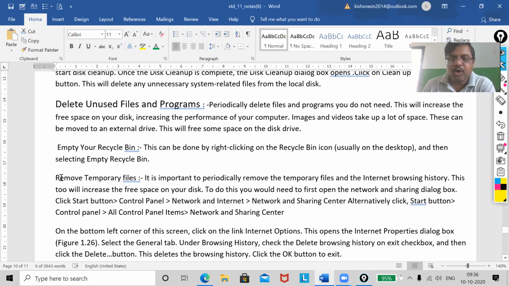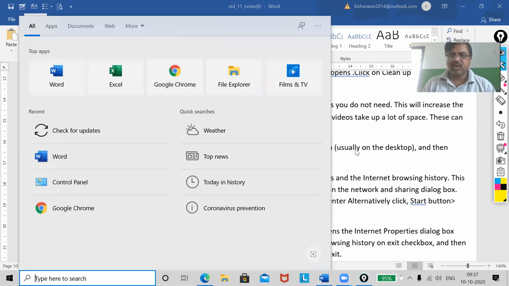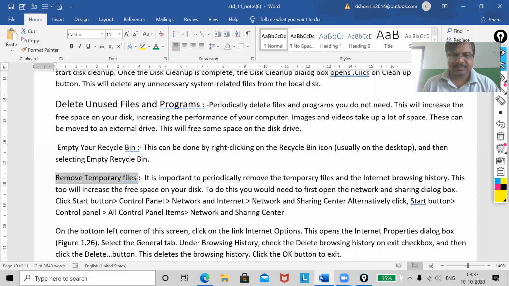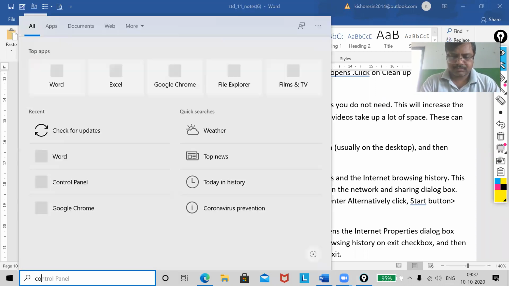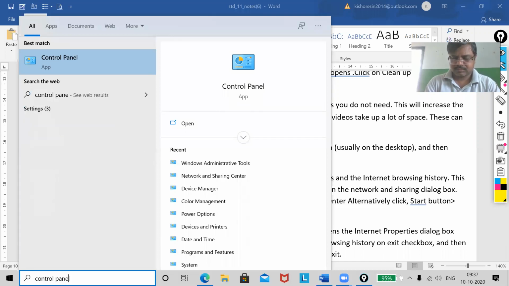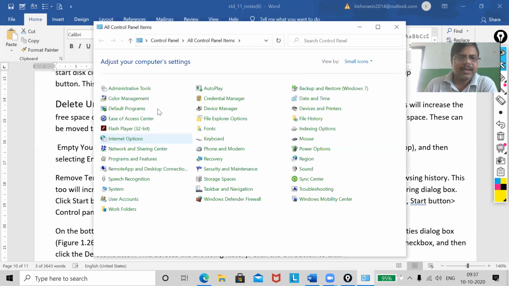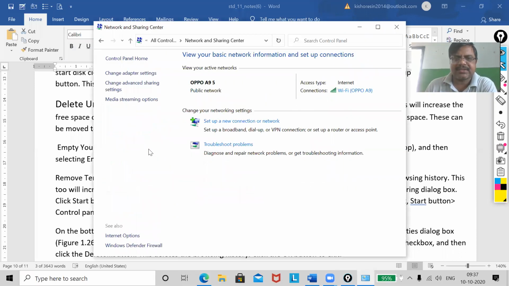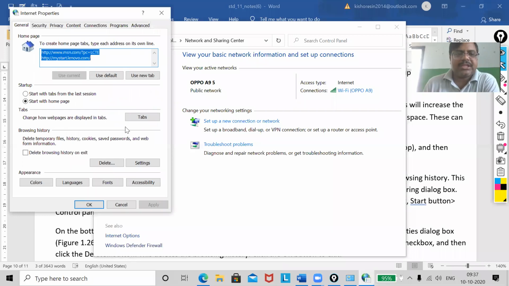Now, remove temporary files. How can you remove your temporary files? I'm giving you the steps. First, you have to go to the search box, and here you have to write control panel. Now you will see network and sharing. Now here you will have internet option. Click on internet option. Now see, my dear, here you will have